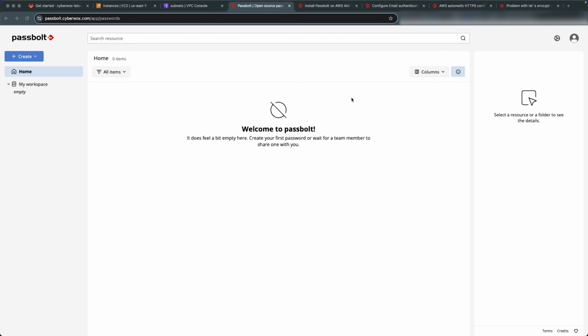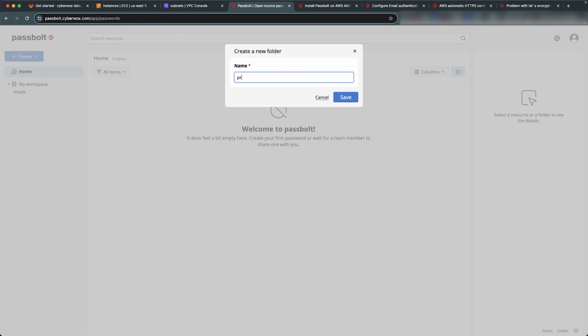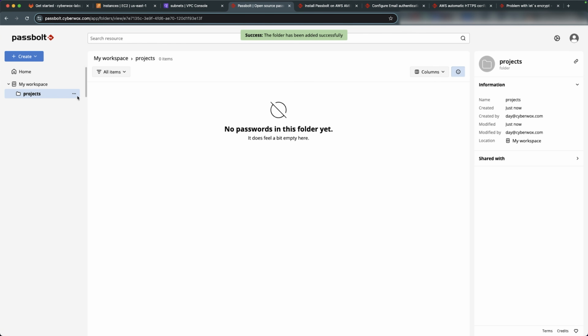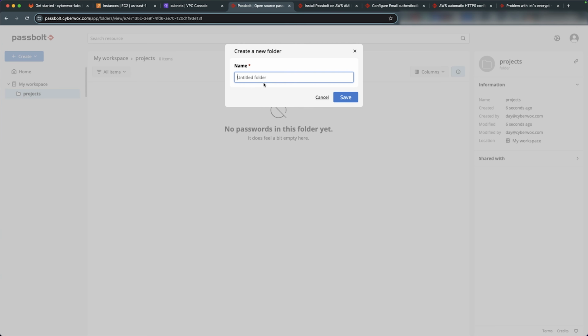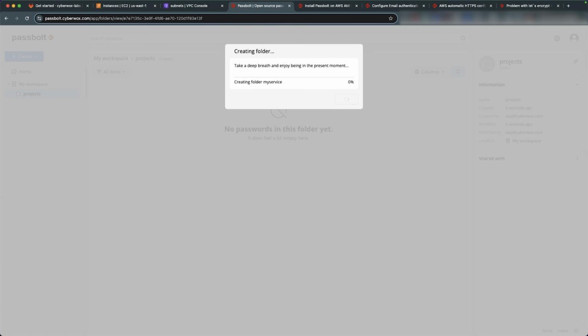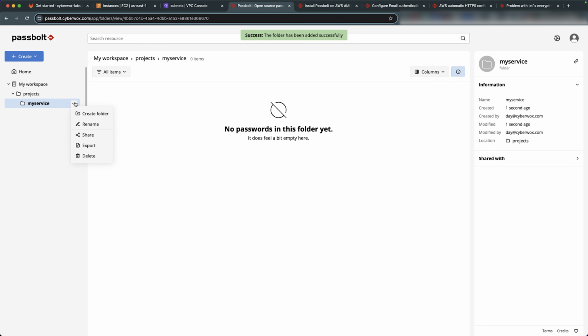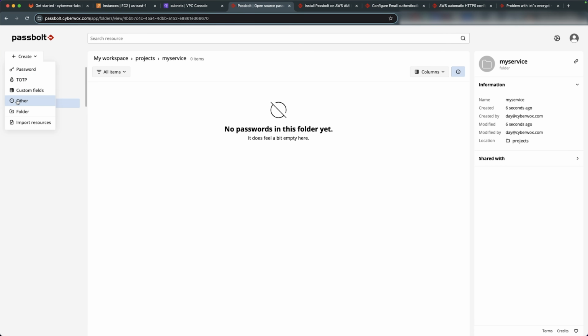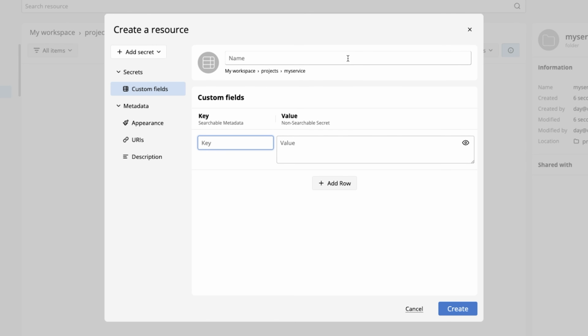All right, now that we have our Passbolt instance all set up, let's go ahead and create some secrets that we want to use for our CI/CD environment. So we're going to create a folder here, and we'll just name this folder projects. Save this. Within this folder, we're going to create another folder, and we'll just say my service. Save that. And within this, we just want to create some sort of secret. So we're just going to say other, choose a custom field,